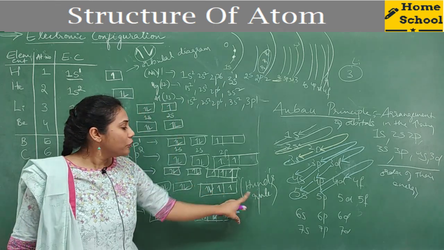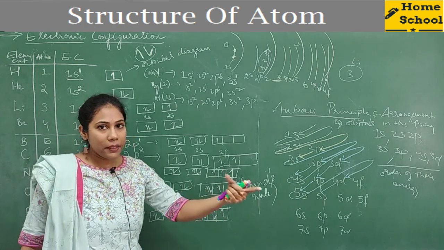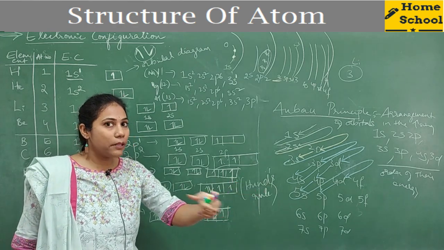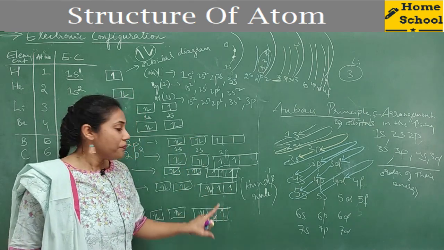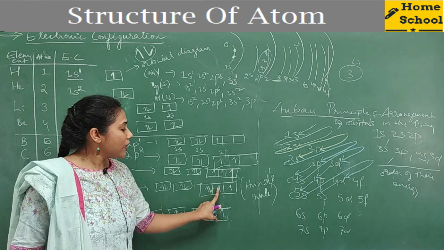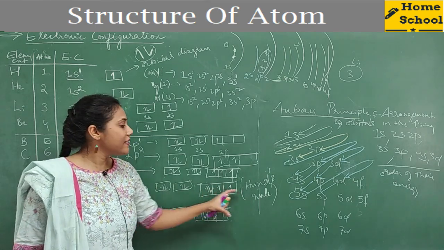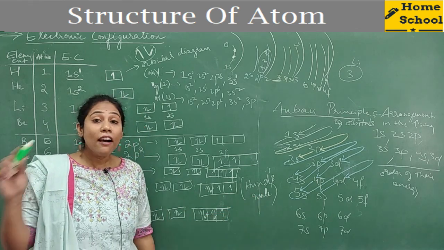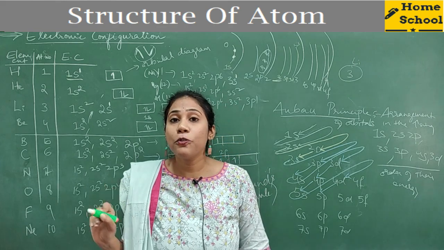So what is Hund's rule saying? The p orbitals are 3 and the d orbitals are 5, no? For d orbitals we put 5 boxes, and for p orbitals we put 3 boxes, and it is said that each orbital is singly filled and later the pairing up starts. This is what we call Hund's rule. Now one more principle is there, that is Pauli's exclusion principle.